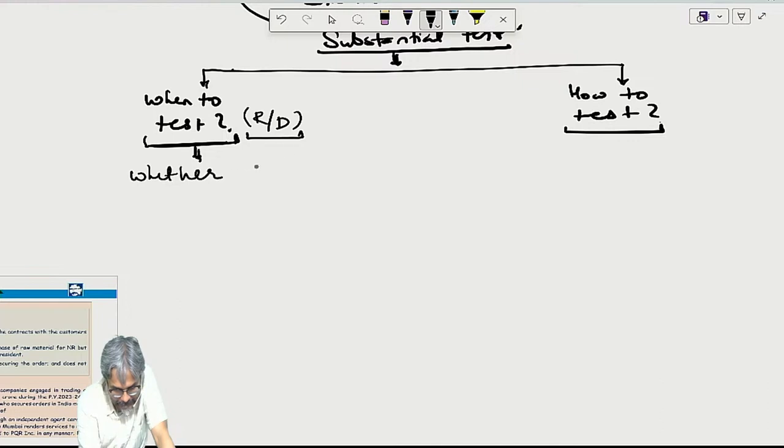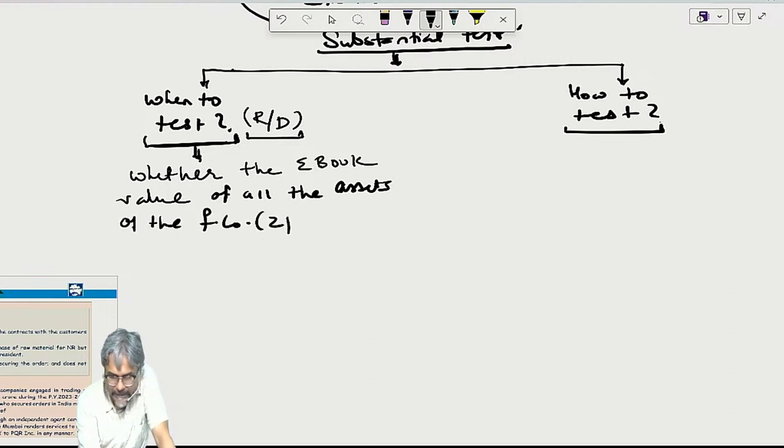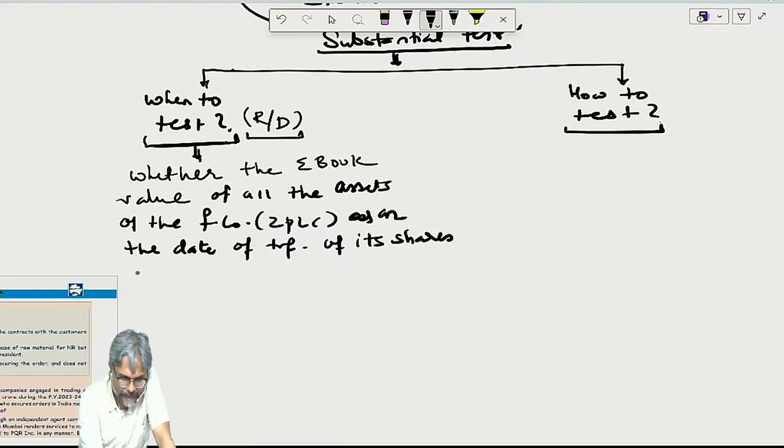Whether the aggregate book value of all the assets of the foreign company (ZPLC) as on the date of transfer of its share is more than 15%,